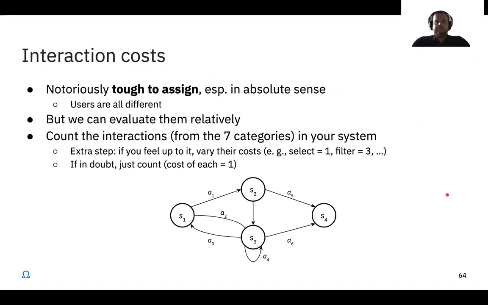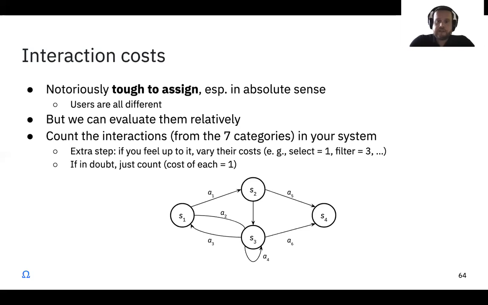Okay, so moving on from Van Wijk's evaluation model and the economic model, let's talk about interaction costs. And again, I know I'm sounding like a broken record, but they are notoriously tough to assign, especially in the absolute sense. So what is the cost of your interaction for a user? The reason it's tough to assign is because users are all different. Some of your users are going to blast through your visualization in tens of seconds. Some of them need 20 minutes to really let the visualization seep in. So that's why we cannot